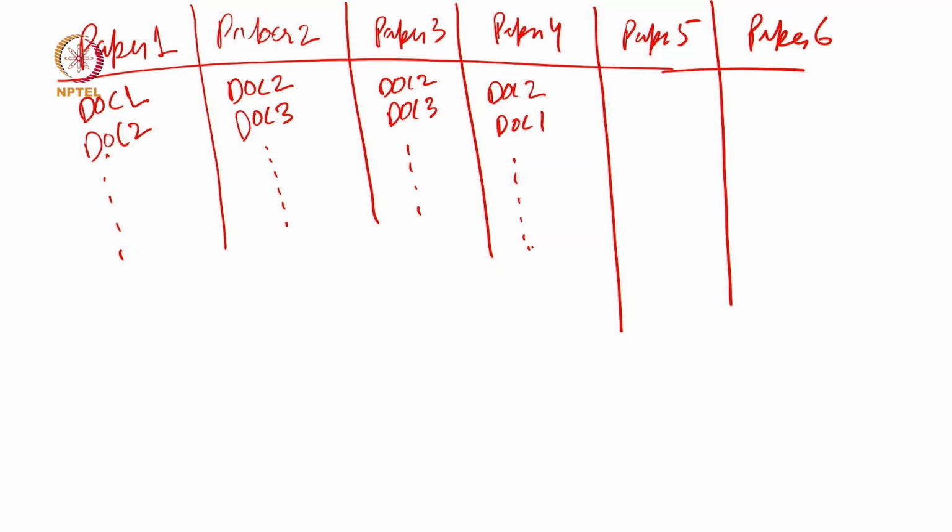Then we have paper 5, which has document 2 and document 4. And then we have paper 6, document 1 and document 2. Okay. Now, if we have to analyze the co-citation analysis of the documents, what we have to see, we have